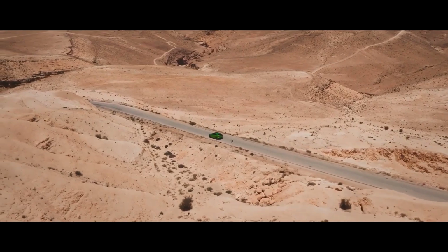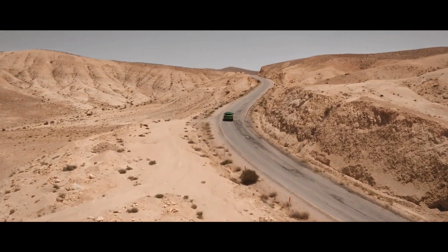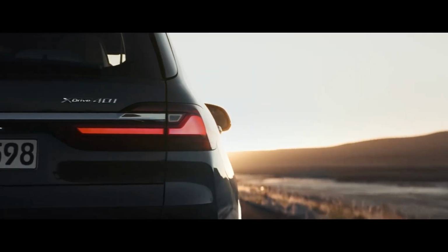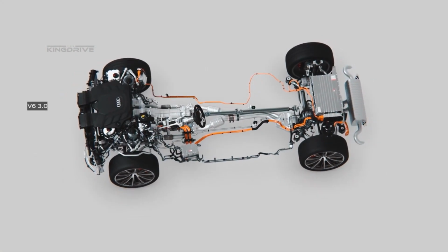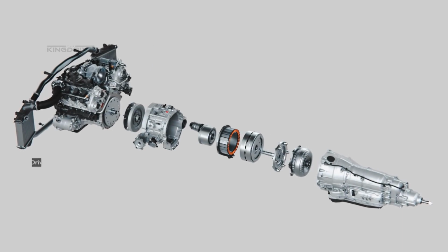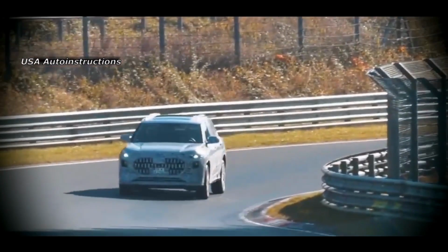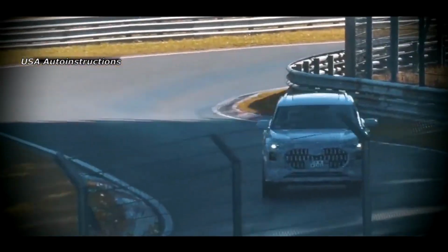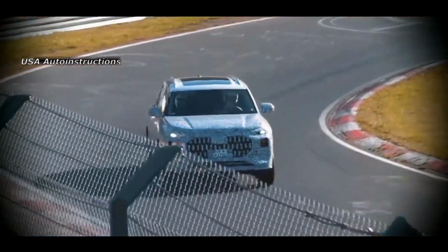In terms of performance, we think Audi will attempt to give the Q9 some crazy numbers to further drive sales. I mean, that's the norm among automakers nowadays. Unconfirmed reports say there will be two powertrain options available in the Q9, with the standard being a 3.0T supercharged Audi V6 engine. With this option, the Audi Q9 will confidently belt out 340 horsepower max when paired with an